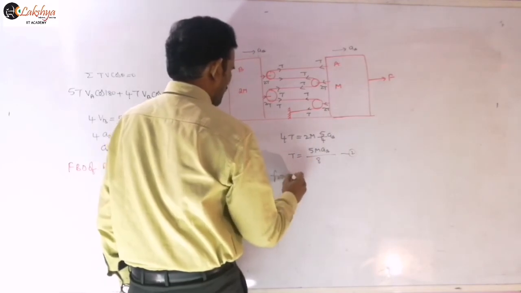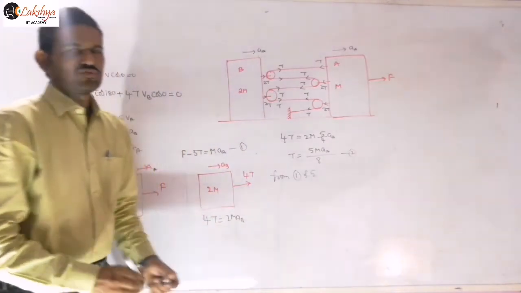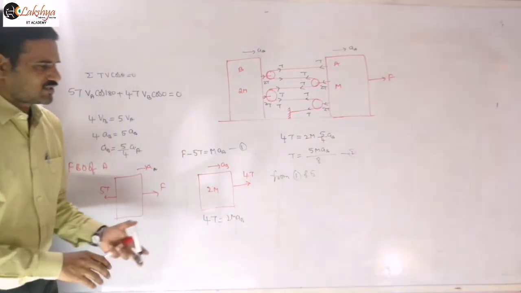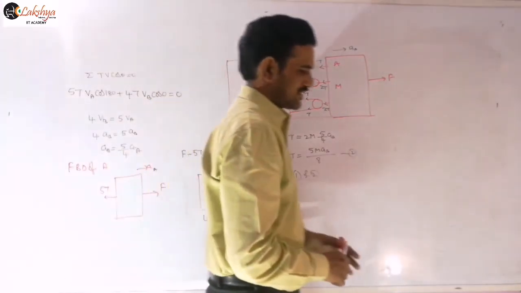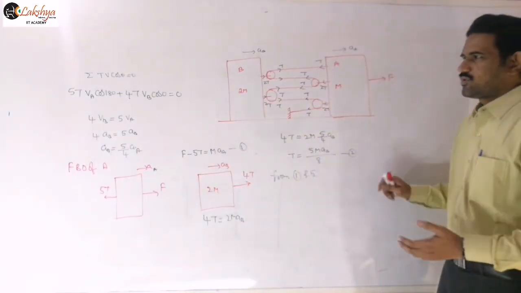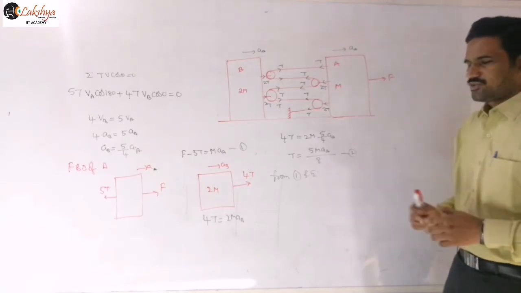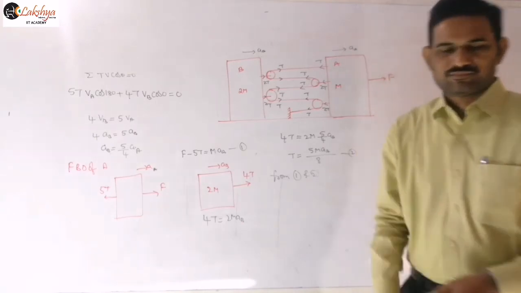Now you can do the simplification from equation 1 and equation 2 and solve those two equations, and then from that you can find the accelerations of blocks A and B, right? So such types of problems you can also solve easily by using this procedure, by this tension procedure here, right?